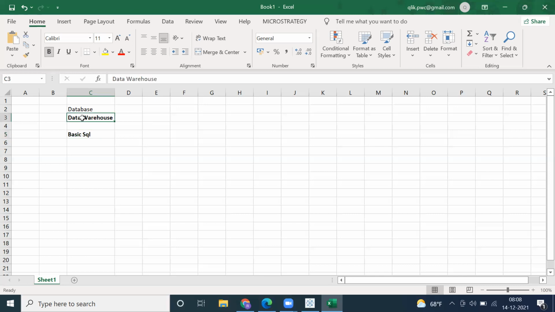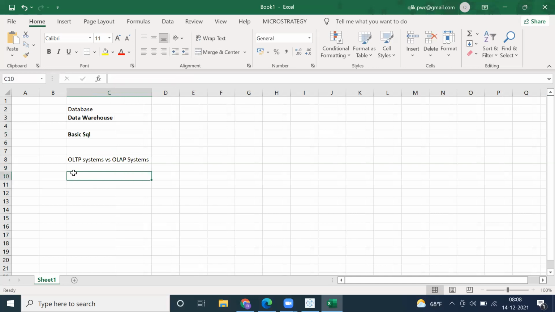Okay. So I'll go through the data warehouse concepts. We have different concepts like OLTP systems versus OLAP systems. That means the differentiation between the database and data warehouse. And importantly, we do have what is meant by fact and what is meant by dimension, because